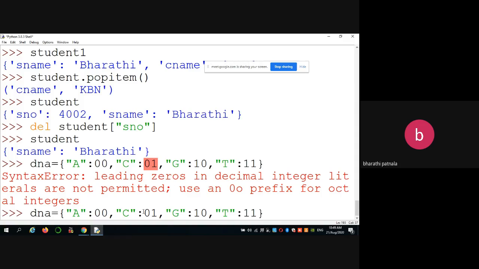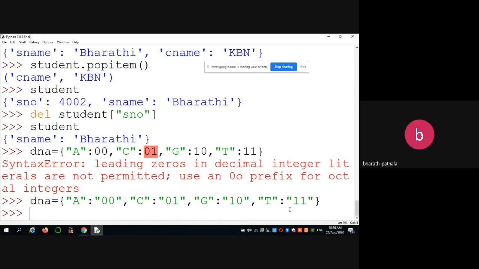These we can represent as strings in double quotes. That means in DNA we have only the A, C, G, T structure. Those we can convert into binary format. So the A will be replaced with 00, C will be replaced with 01, G will be replaced with 10, T will be replaced with 11.